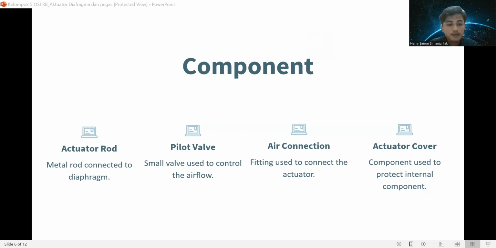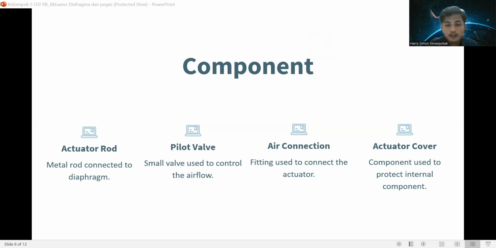Number five, pilot valve. The pilot valve is a small valve used to control the flow of air into the diaphragm housing. This pilot valve is usually controlled by a pneumatic or electrical signal. Number six, air connection.